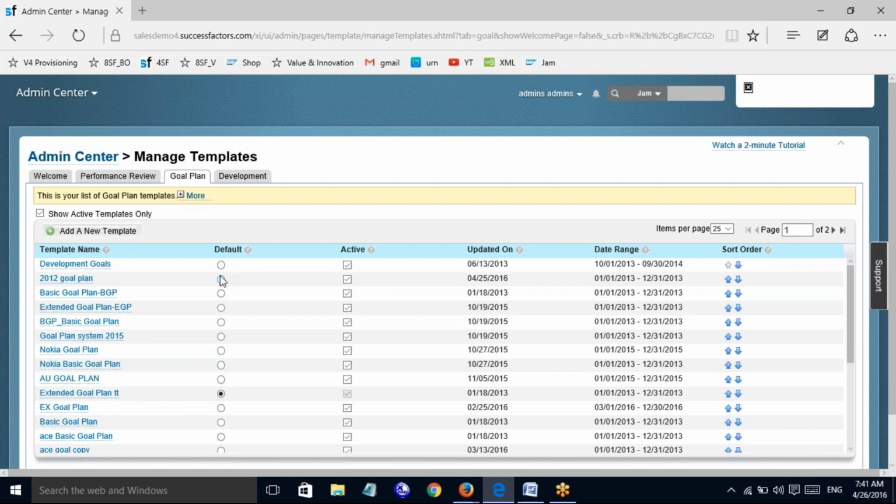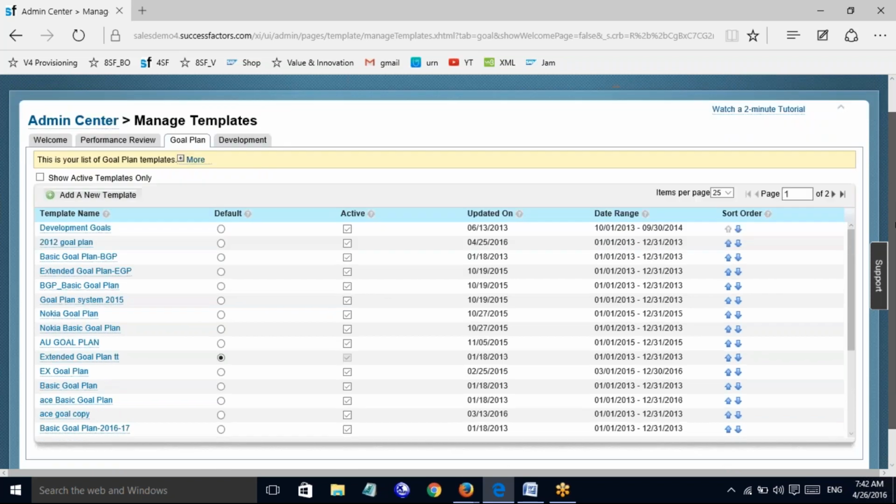It's very important. You can also make the goal plan templates active and inactive. But the default setting of any goal plan template is always active. All the default goal templates are active by default. For example, you see here show active templates only, and if you uncheck it you can see all the existing inactive templates.